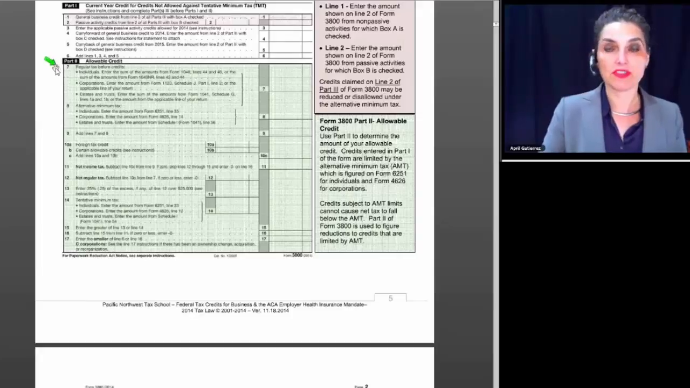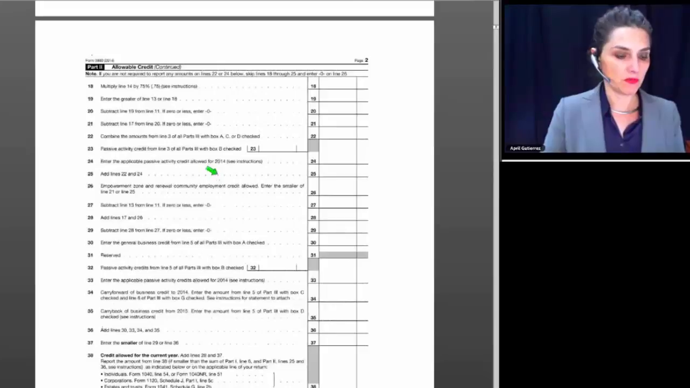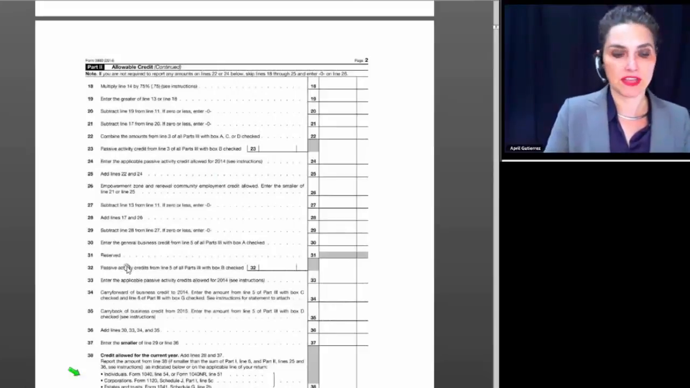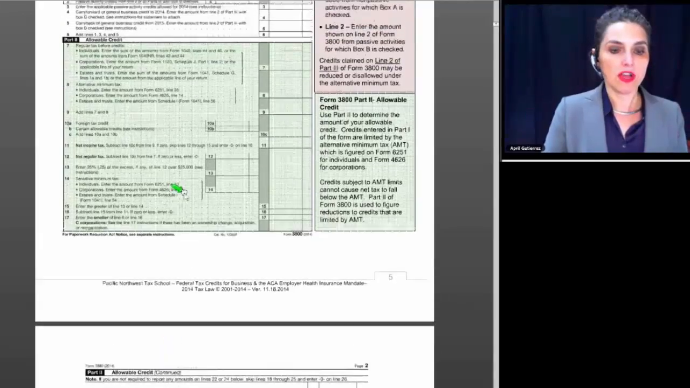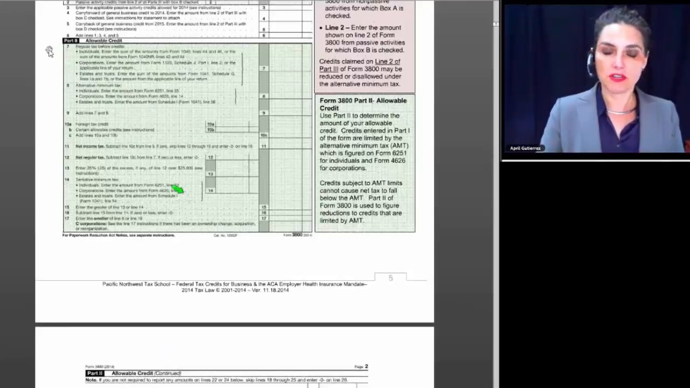And you use Part 2, which is actually basically a page and a half long. You see Part 2 starts on page 1 of the form. It goes to line 17. And then it moves on to page 2 of the form, where it continues on to a total of 38 lines. So when we're talking about the purpose of Part 2, Part 2 is used to determine the amount of